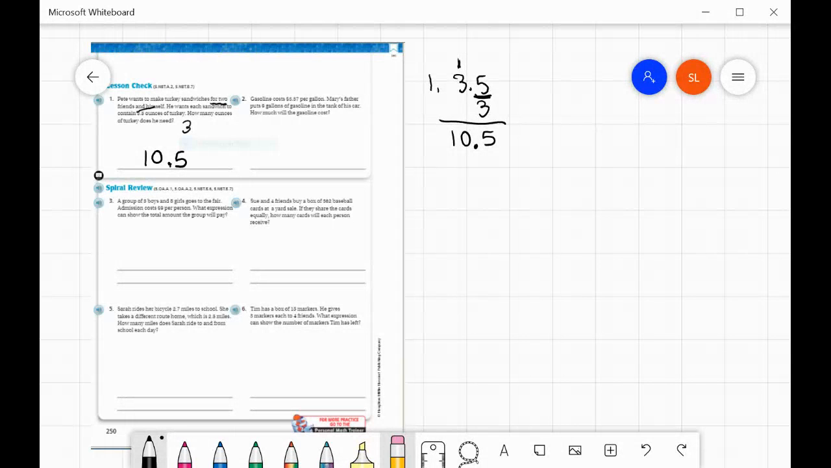All right, now going on to number 2. Gasoline costs $3.37 per gallon. Mary's father puts 9 gallons of gas in the tank. How much is this going to cost? So we take $3.37 and we multiply that times 9. 9 times 3 is 63. Carry the 6. 9 times 3 is 27, plus 6 is 33. Carry the 3. 9 times 3 is 27, plus 3 is 30. So we have 2 past the decimal. We need to make sure there's 2 past the decimal here. So we end up with $30.33 that this will cost